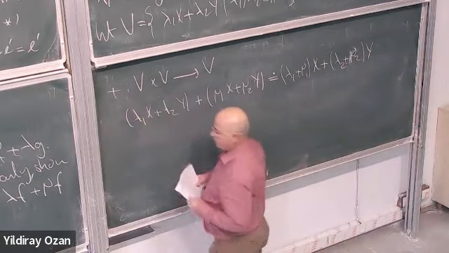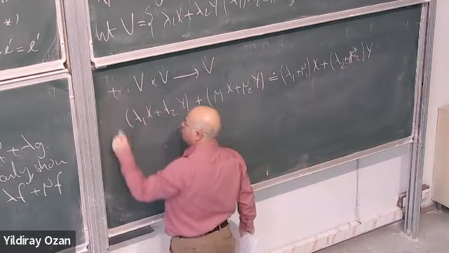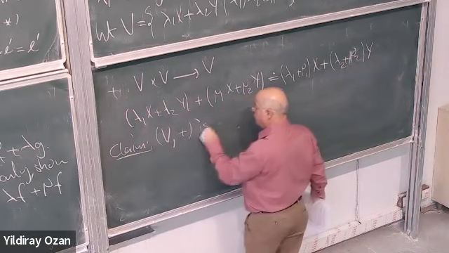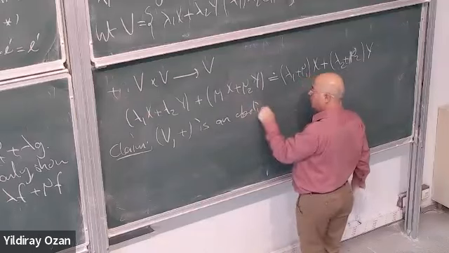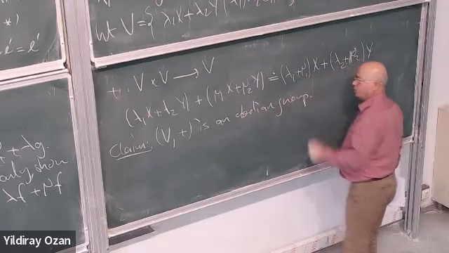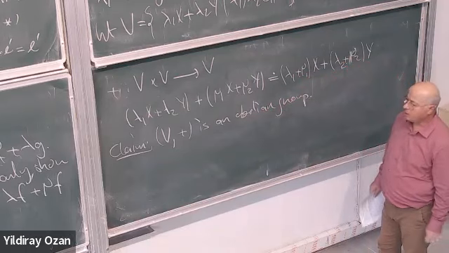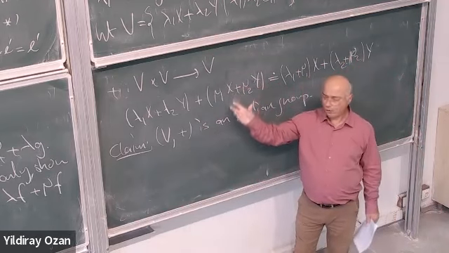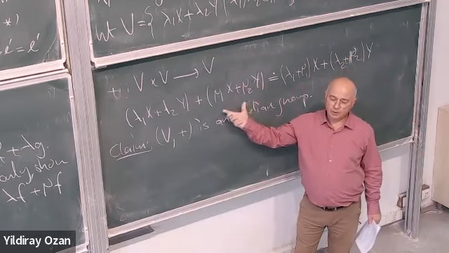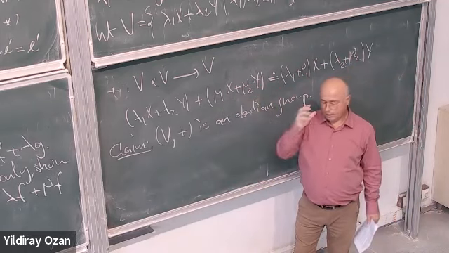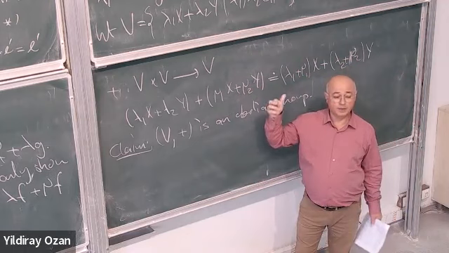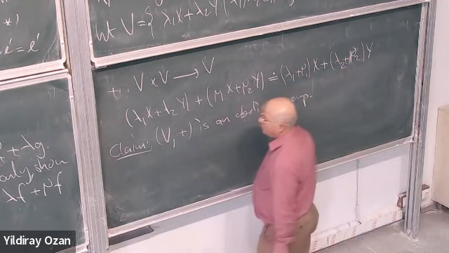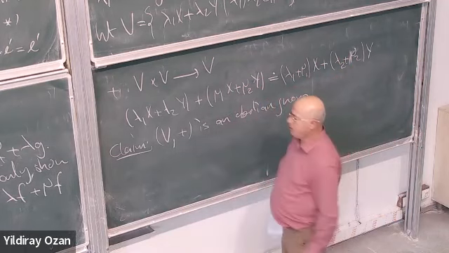We claim that V with this operation is an abelian group. For this to be an abelian group, it should satisfy the following conditions. It should be commutative, it should be associative, it should have an identity element, and an inverse element also. I will not do all this in detail, but